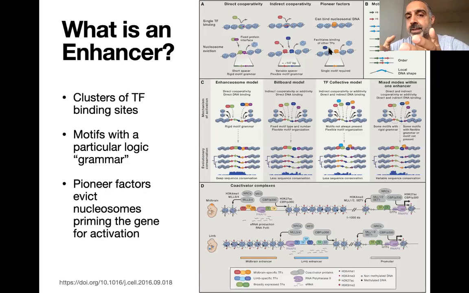It may not even prime directly the enhancer. They may bind to the locality of the enhancer and cause changes in the chromatin structure to enable other transcription factors to bind later. Okay,